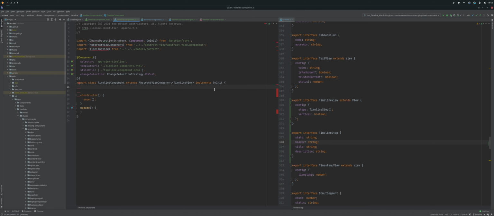So the first thing here we have is vertical. That's a Boolean, and then we also have steps. These are the timeline step. Great. And then I don't think we need anything else. So now we do const view equals this dot v. This dot vertical is going to be